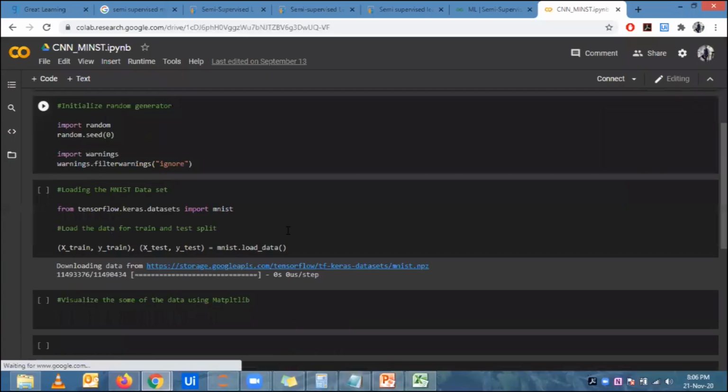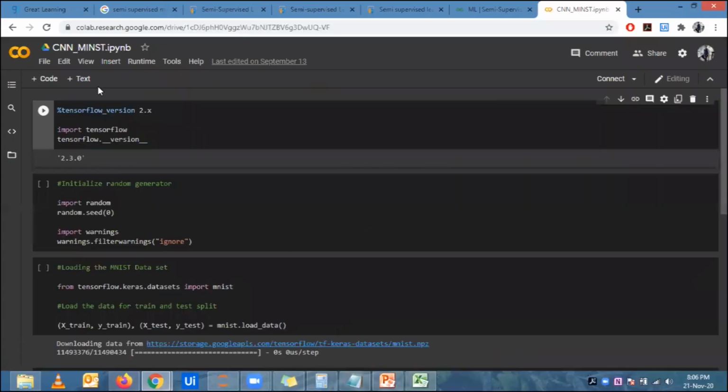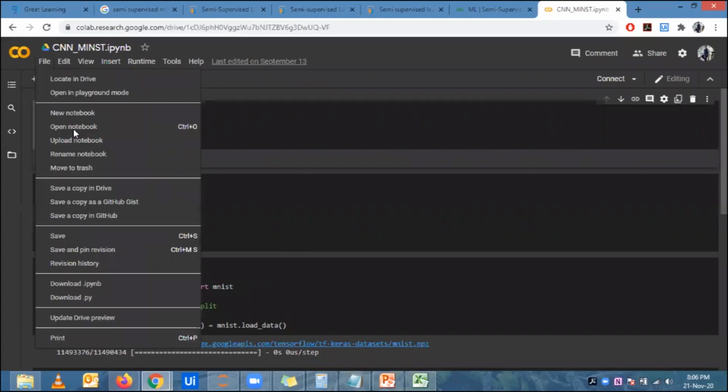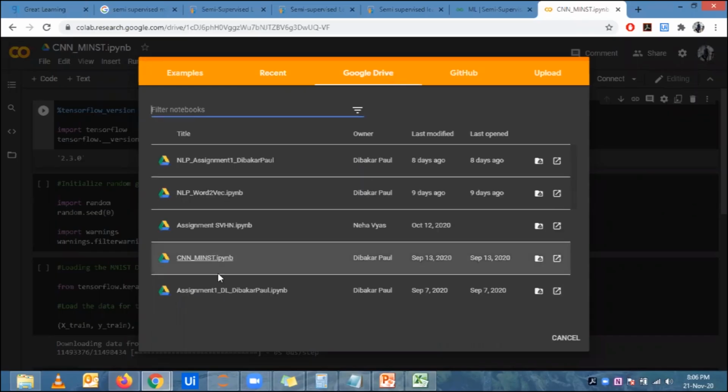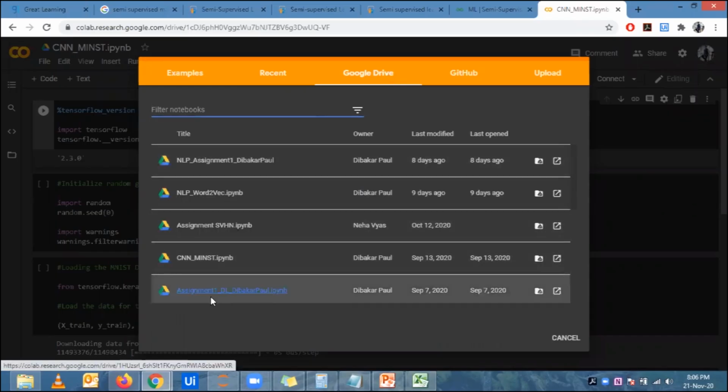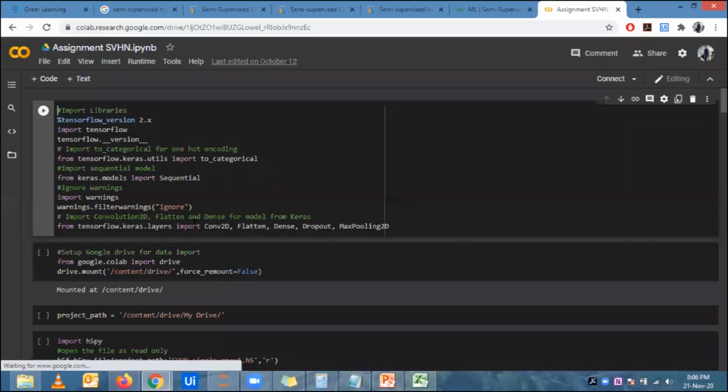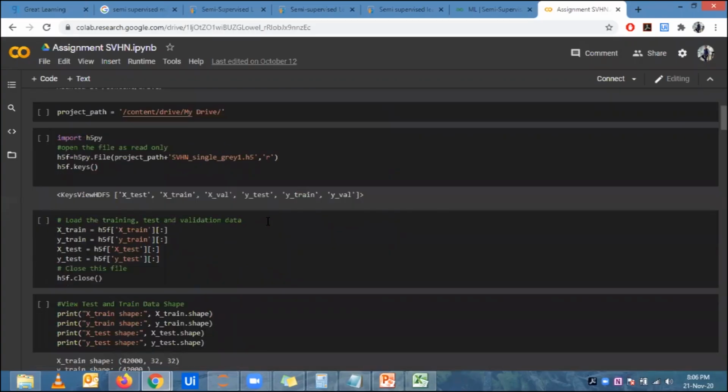MNIST is nothing but a dataset which, sorry, I think I opened the wrong one. Give me a sec.